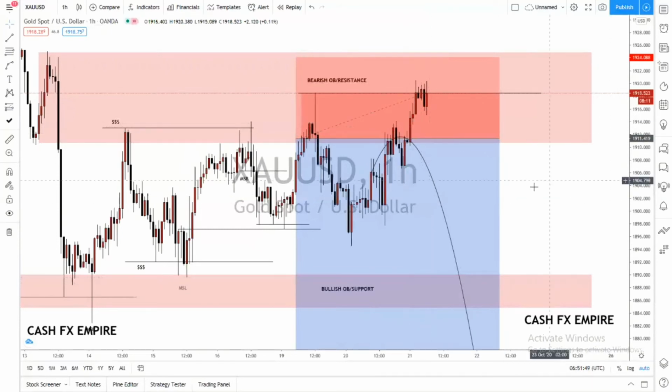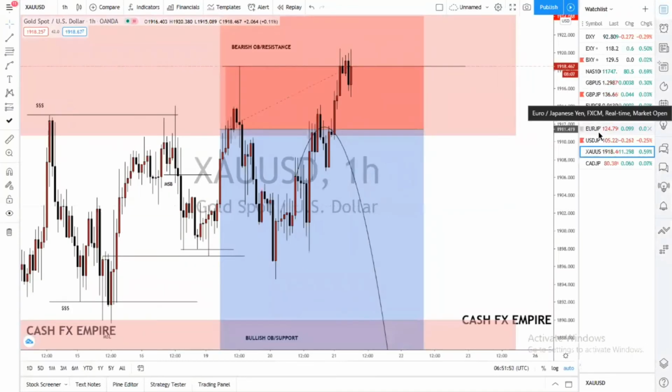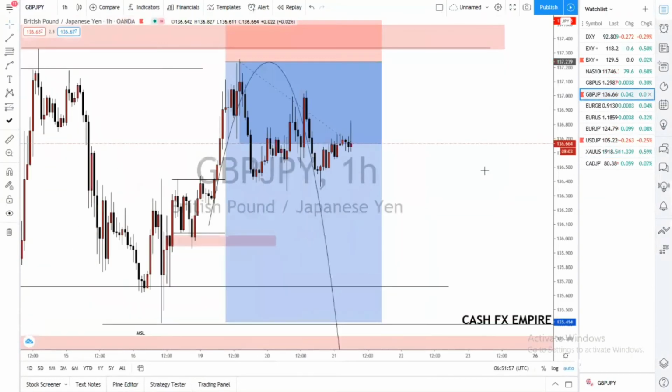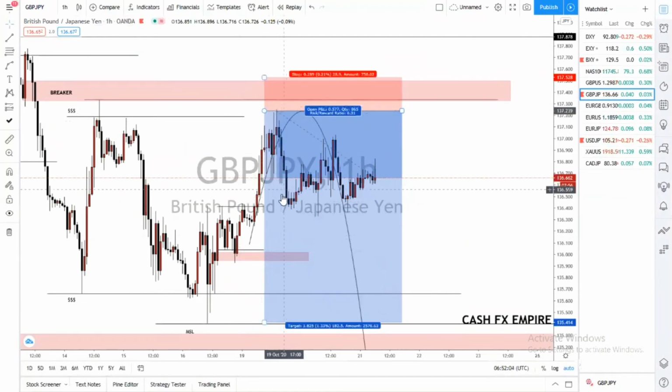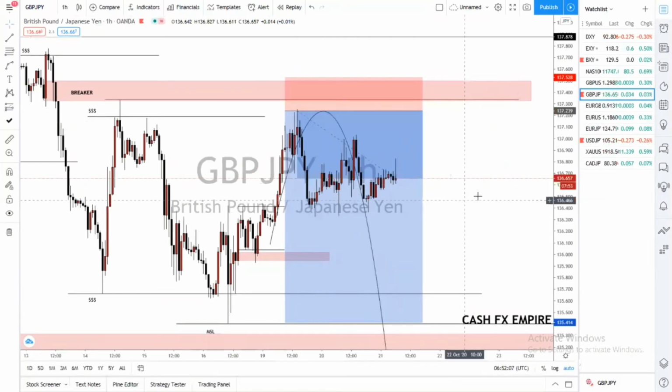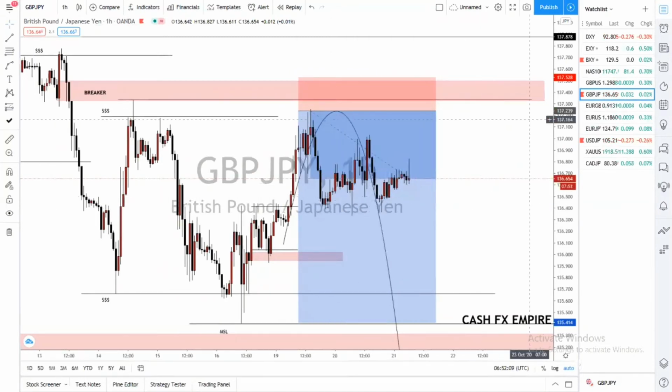So I'm still standing in this setup. If anything, I'll tell you guys. And then what else have we been looking at this week? We've been looking at GBP/JPY. Yes, the GBP/JPY setup is still standing. We came from here, we reached our sell area, and we're still in this position. So inside the same position, we're also looking for many trading opportunities for daily.